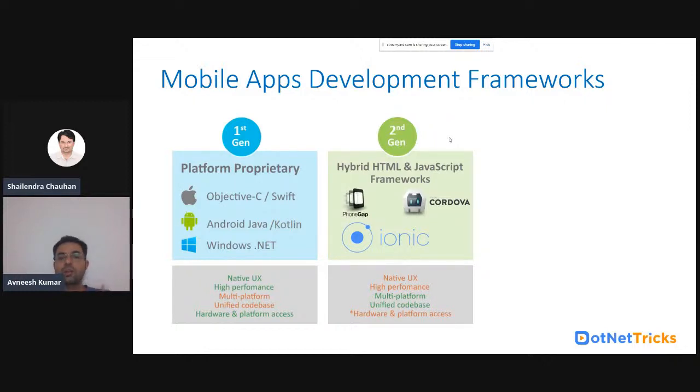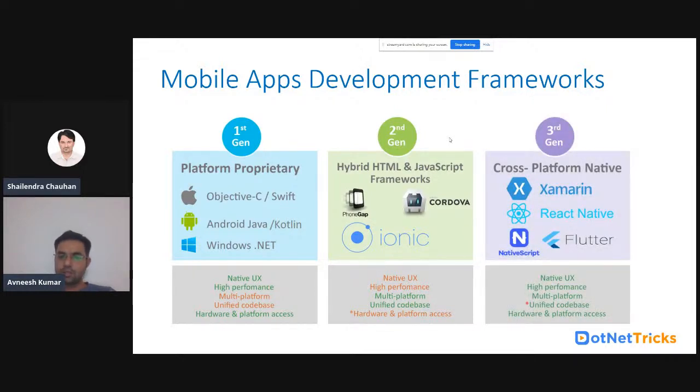The customers were happy to see these applications. But what happened during that time, hybrid apps use WebView, which is a little slower than the native view, right? So now a problem appeared again in the development, that performance is going a little bit slower. So now the third generation evolved. It was perfectly suitable for all customers, all types of products that need a cross-platform feature, right?